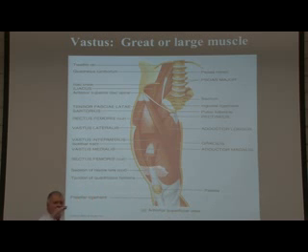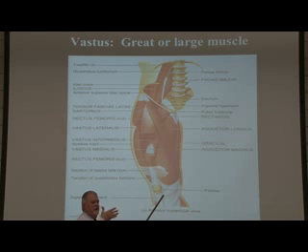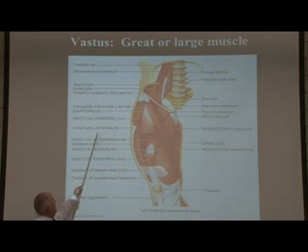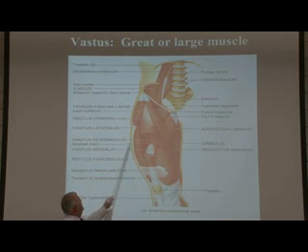So when you're looking at its actions, you're going to see it has a greater range of actions than its muscles that are associated with it, which are the vastus muscles. And so we have 3 vastus muscles, which are going to use the word vastus because they're large, and then a location descriptor for them. So the one on the inside of your thigh here is the vastus medialis, because it's on the medial aspect of the thigh. The one on the outside of the thigh is the vastus lateralis. And then if we cut rectus femoris and look under it, then we would see vastus intermedius in between, meaning